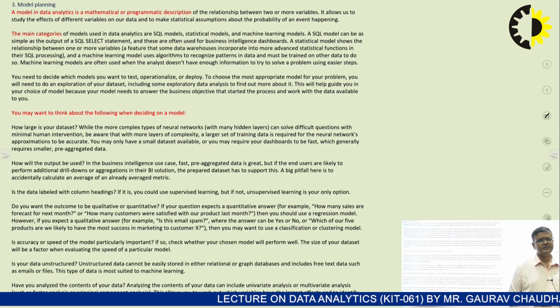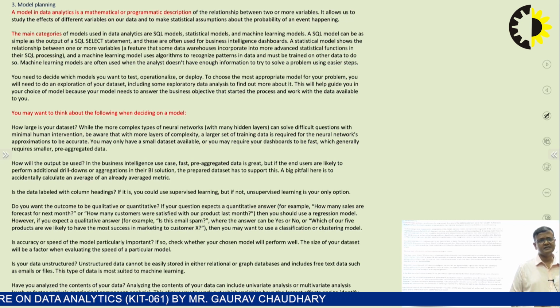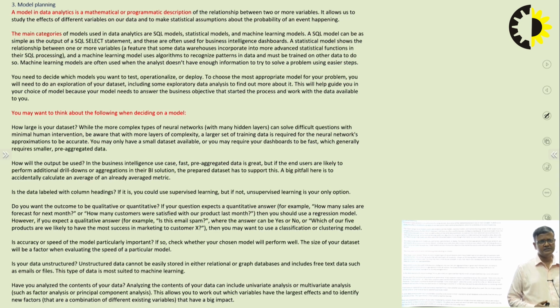There are methods for analyzing the contents of your data, and after this kind of analysis you can work out which variables have the largest effects and identify the factors that are combinations of different existing variables that have a big impact. So you have to identify the important variables which will give you maximal impact on the learning from the data.